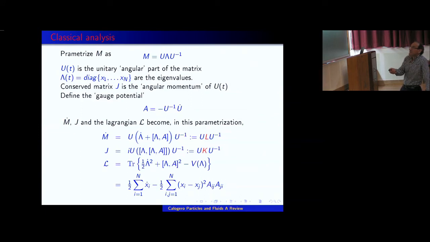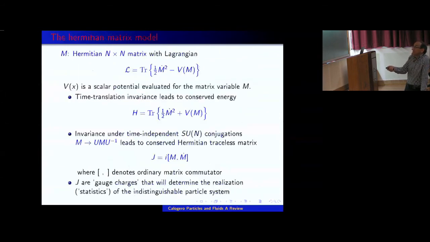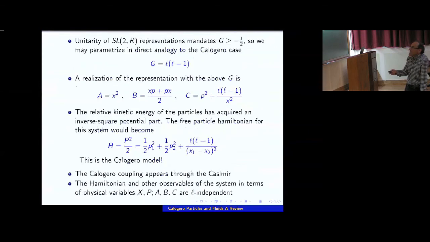And L, the Lagrangian, which is M dot squared plus V of M, takes this value. So this comes from the kinetic term, is what happens when you square that term. And this is the potential term that is already dependent only on the eigenvalues. And this can be written in terms of matrix elements. Remember, lambda is diagonal. So in that case where lambda is diagonal, this becomes the sum of x dot squared plus this term. And here I see that I have forgotten to write minus sum of V of lambda. Oops, which way did I go? There.